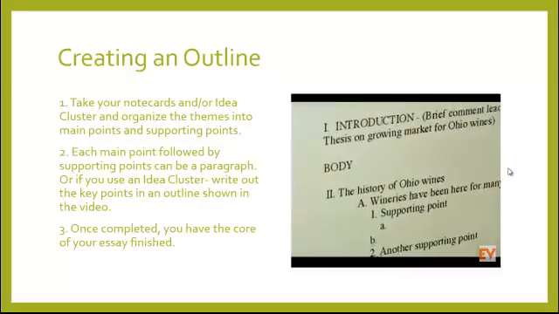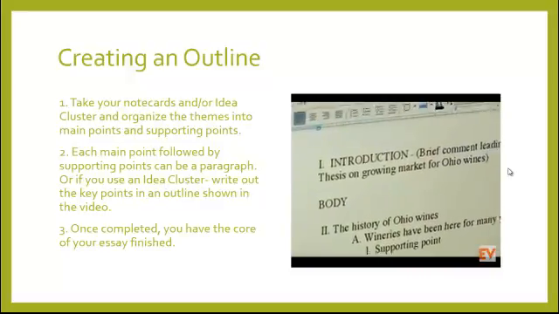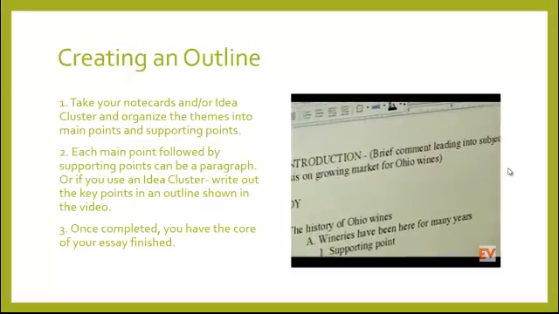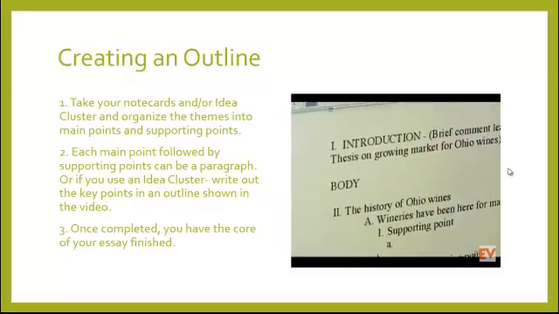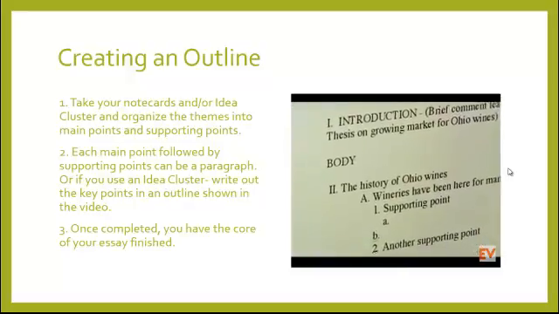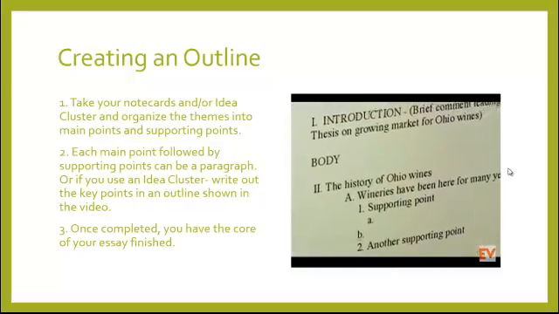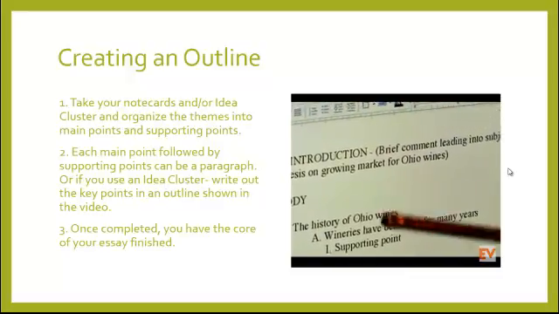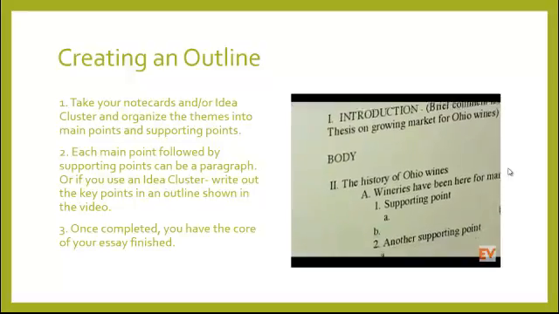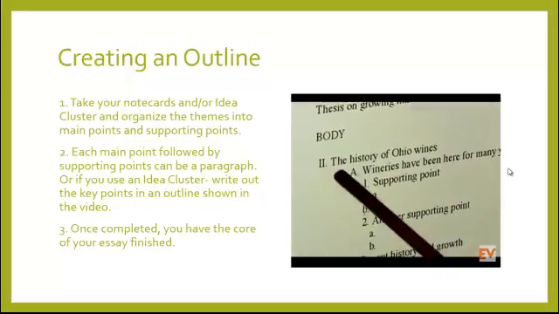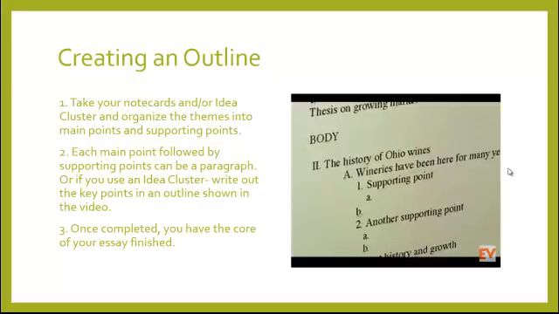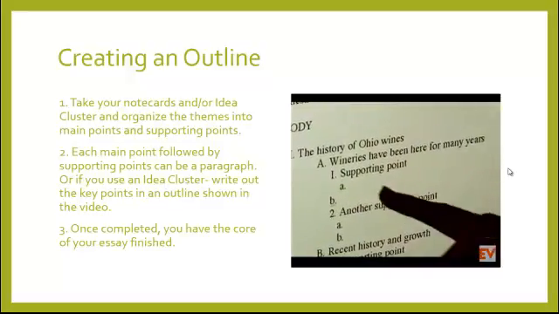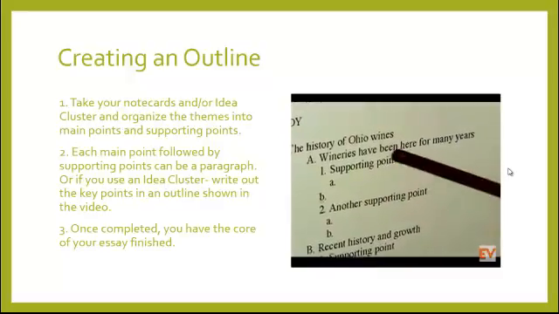First, start with an introduction. The sample is about the growing market for wines in Ohio. So we would have a brief comment leading into the subject matter, and then our thesis about Ohio wines, whatever that thesis is, whether it's Ohio is the best place for wines or it's a growing community. And then we'd go into the body, and you would organize this part based on the main points you want to make. So these headers with the Roman numerals would each be one of your main points. For instance, you might want to start with the history of Ohio wines, and then you have your supporting points. Wineries have been here for many